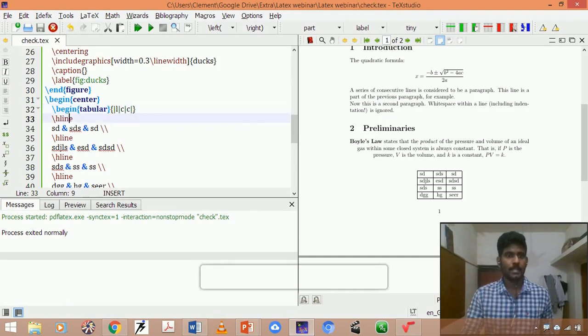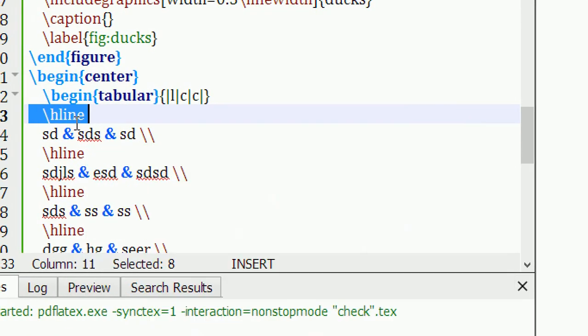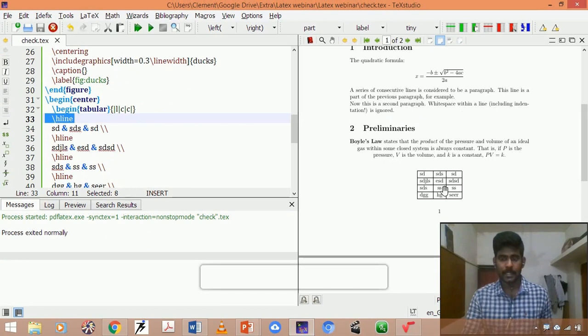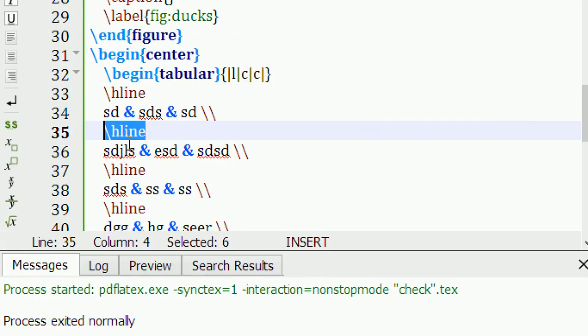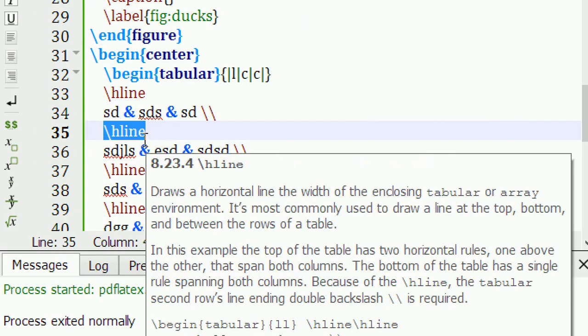Okay, next. So this shows the vertical line, and this shows the horizontal line. The horizontal line is used to give a horizontal line to each row. Here I have used horizontal lines for all the rows. If I feel I need to remove them except for the first row, I can simply remove the horizontal lines for the other rows other than the first row.